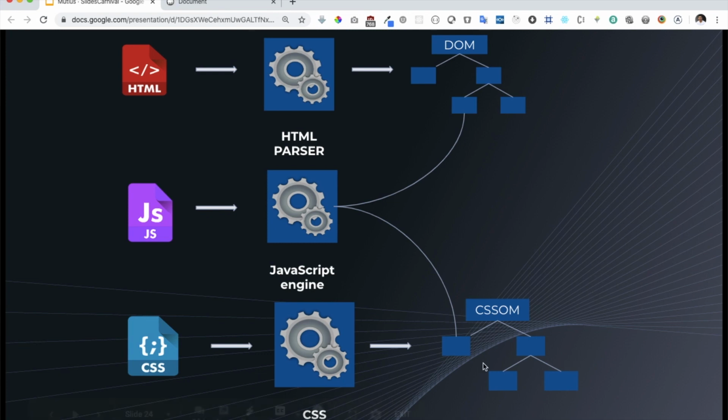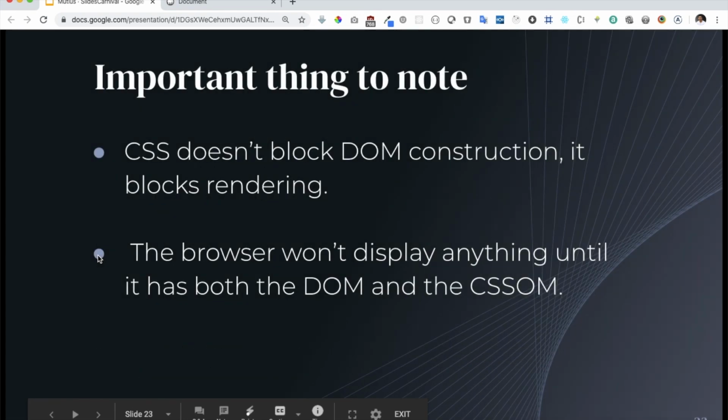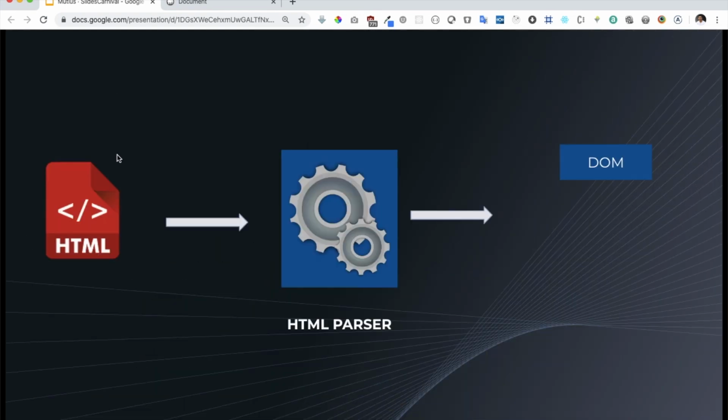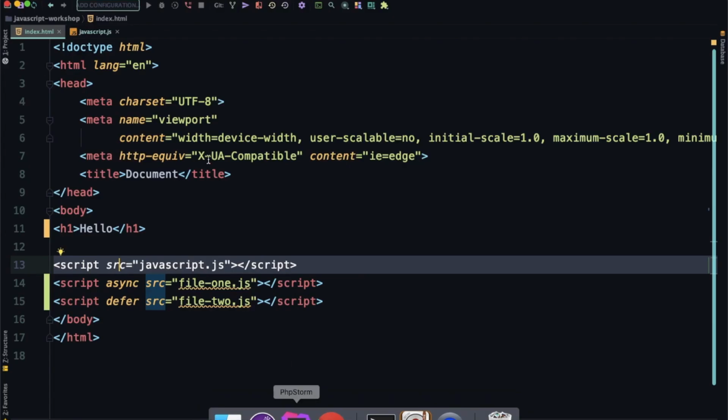nodes to the tree. If I had to show you an example, some of the HTML code starts parsing, starting to produce the DOM nodes. Some more HTML comes in, again it's going to create more nodes. So it constructs the DOM tree as the code comes in bit by bit. However, in CSS that doesn't happen, like I explained earlier. Okay, so coming back, let's say it starts parsing and converting into a DOM tree, and let's say that